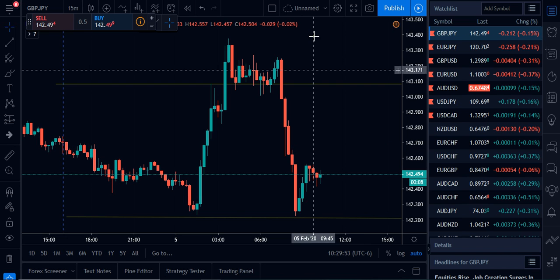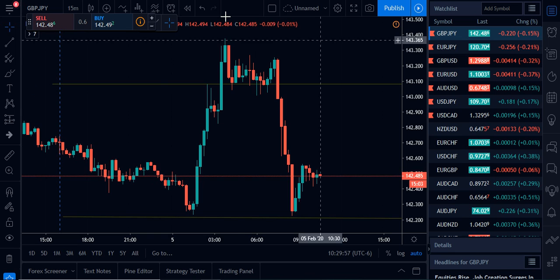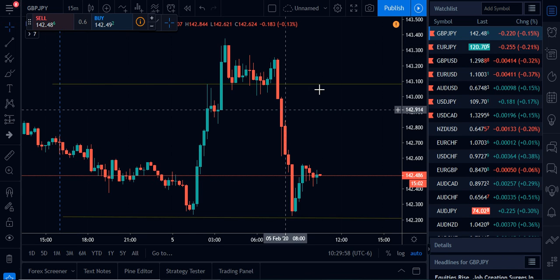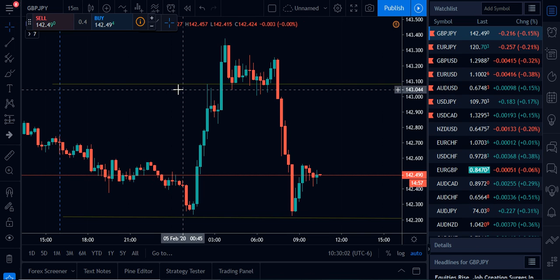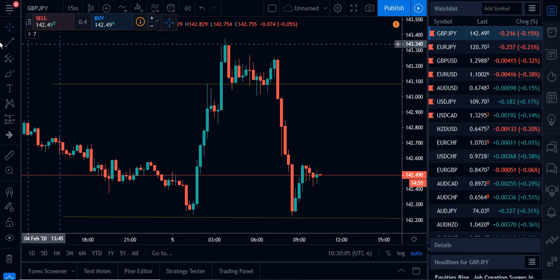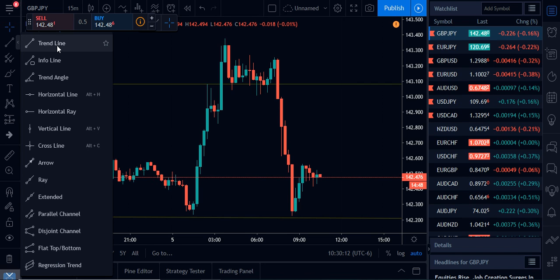So yes, at first I will introduce you to the TradingView platform, which is here. Okay, for me to be able to trace this line, I use this tool here. It's the trend line tool. So I hit here and go on find trend line. We will be using this a lot. The trend line tool with